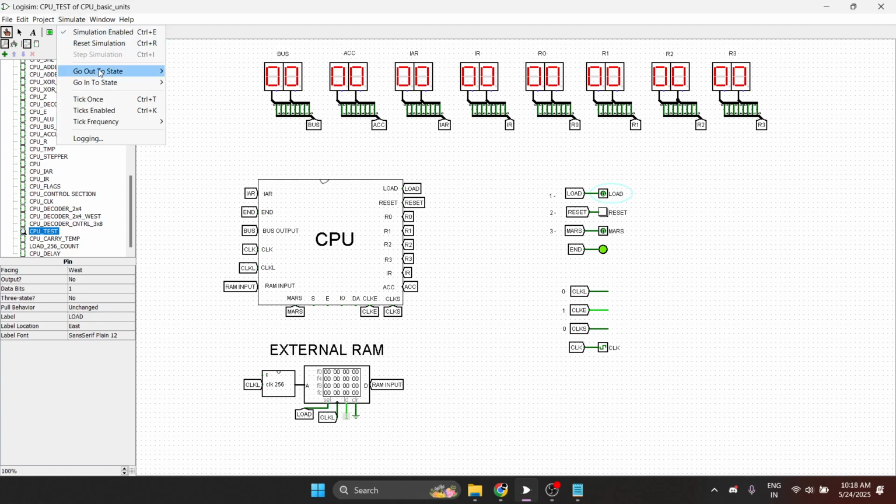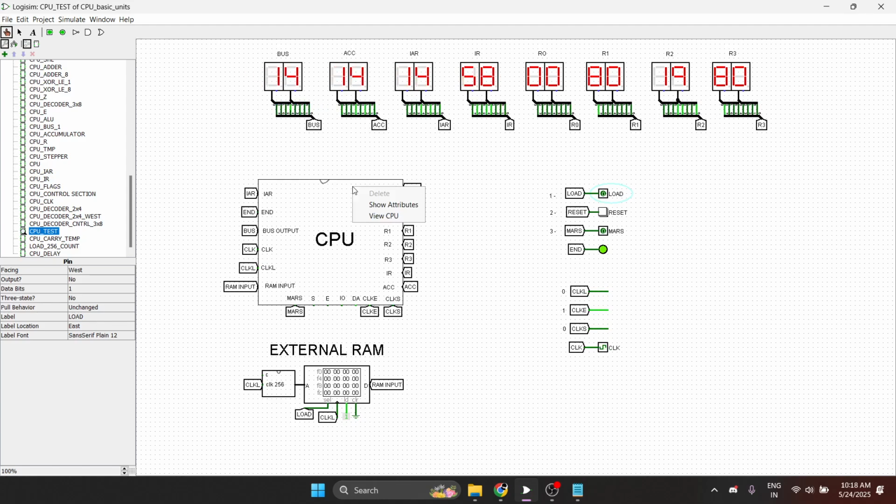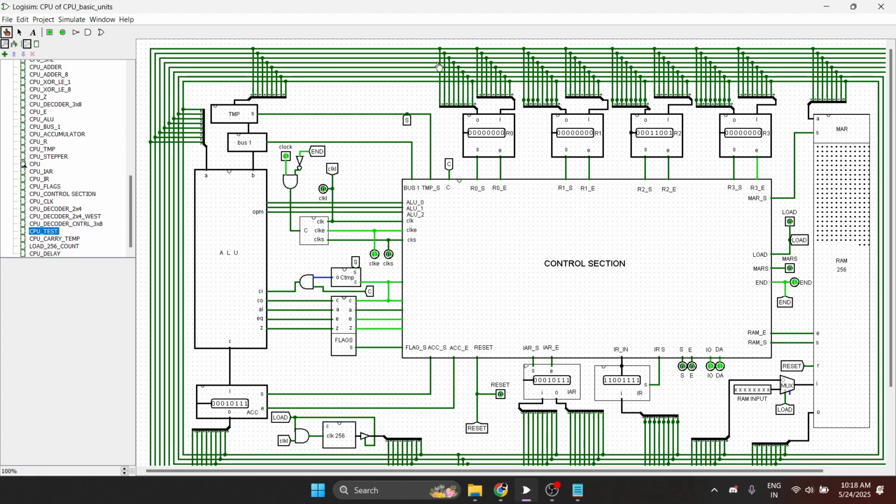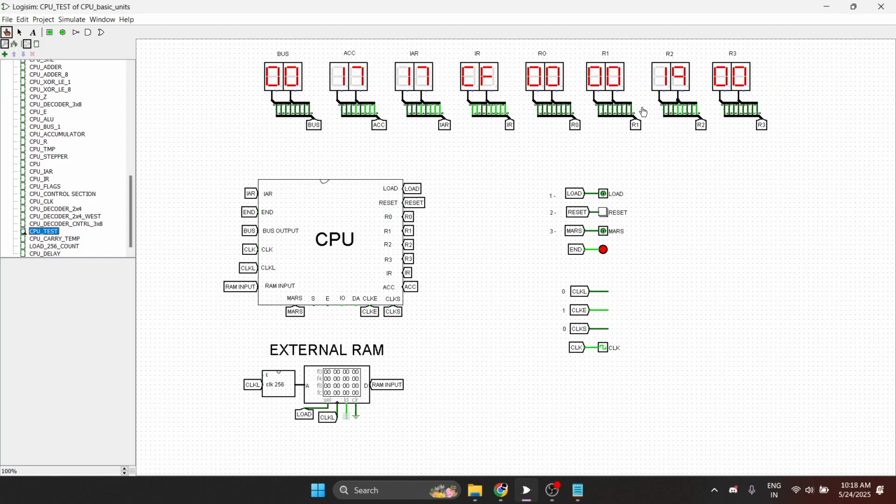Now we just have to enable the clock again, and then our ALU operation will go through. As you can see, our ALU operation goes through really fast. Maybe I could show you how exactly it processes. Now that the operation is done, it's constant now, but it's a very fast operation. When you want to go through each and every step, you could also tick once, which means every step can be looked